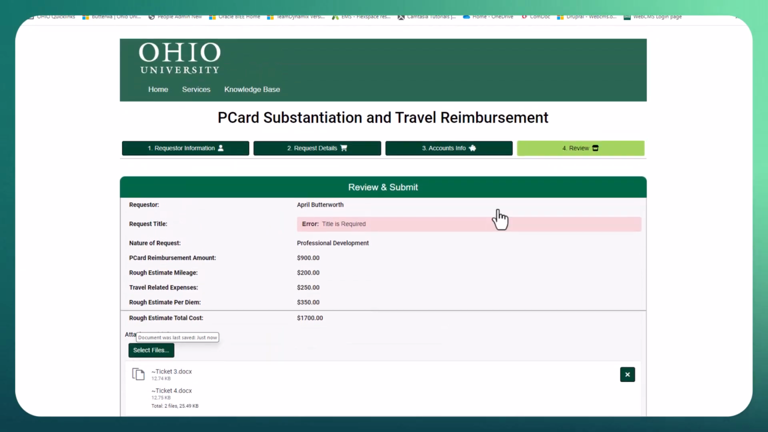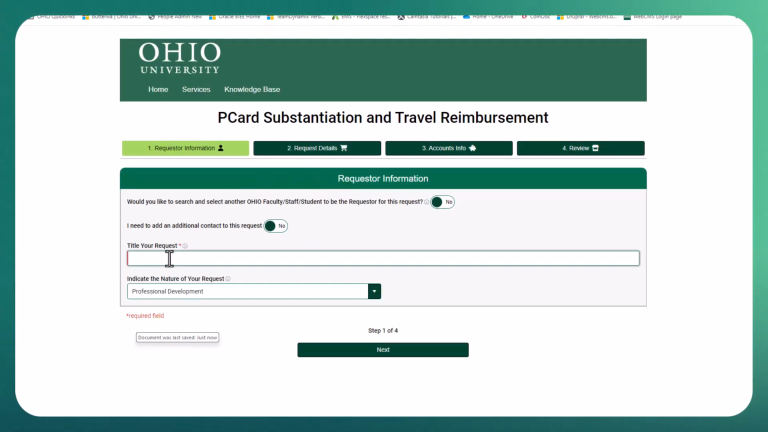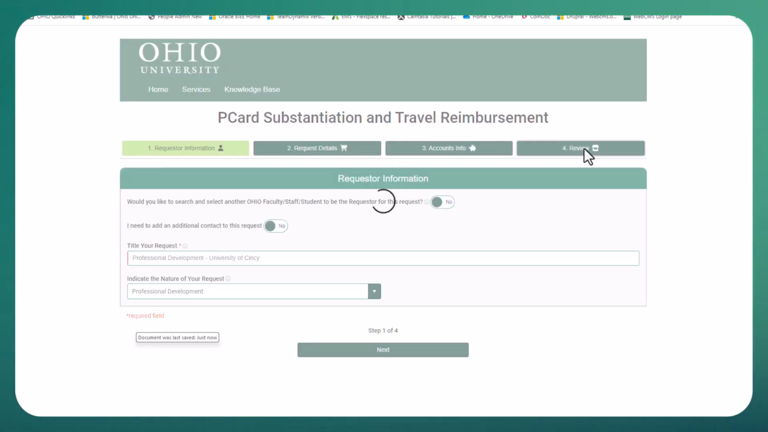The final tab is your Review tab. As you can see, there is one error message, and that is regarding the title. You do not have to go and click the tab button here. You can actually click right inside of that error message, and it will take you directly back. We will title it Professional Development at the University of Cincy. You don't have to click next, next, next, but you can jump right back out to that review screen by clicking the tab,